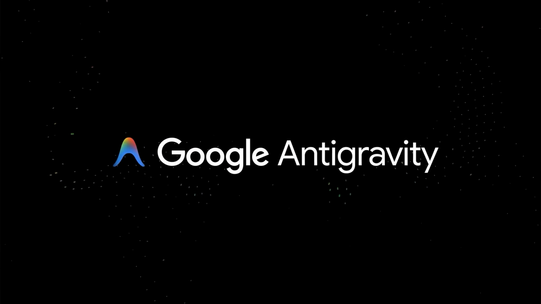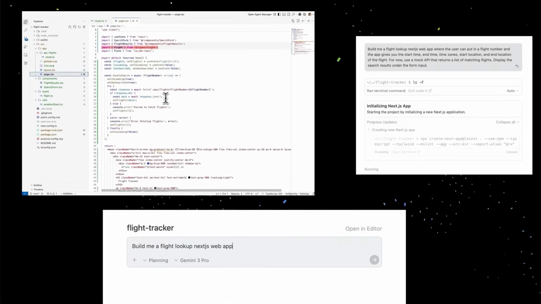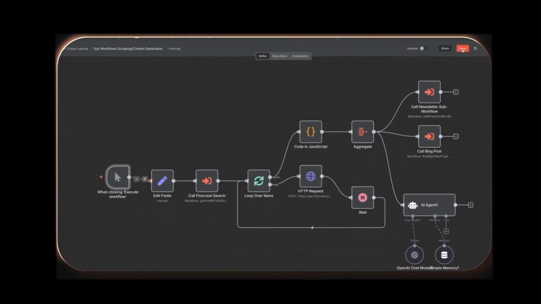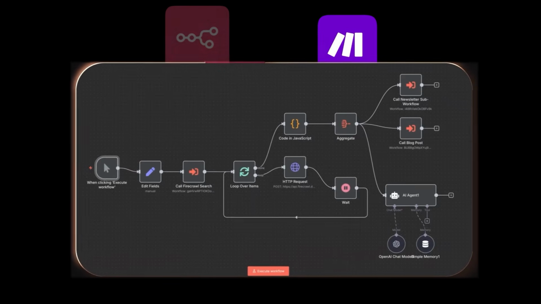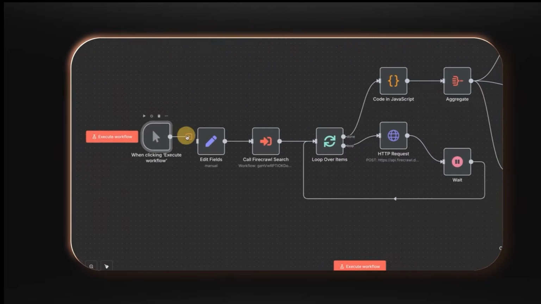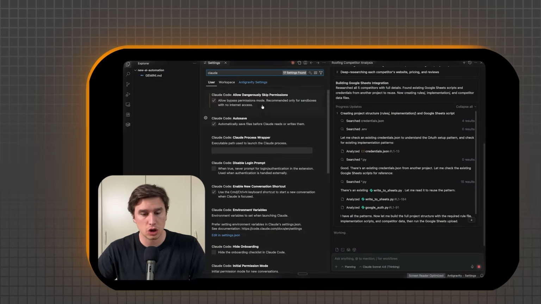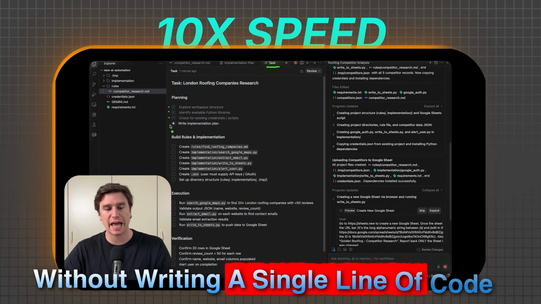Agentic workflows have completely changed the way we're building AI automation. Up until a few weeks ago, we had to use drag and drop platforms like Make.com or n8n to connect manually every node and hope nothing would break. That took us hours, sometimes days, but now we can do the same things 10 times faster without writing a